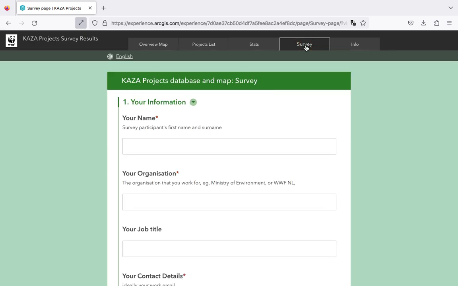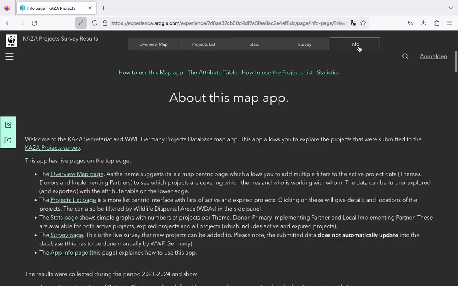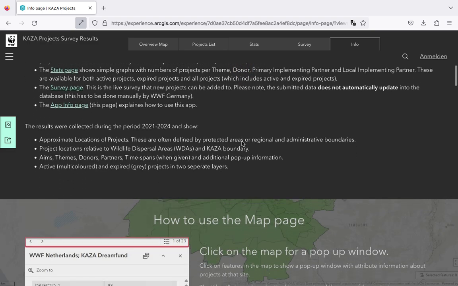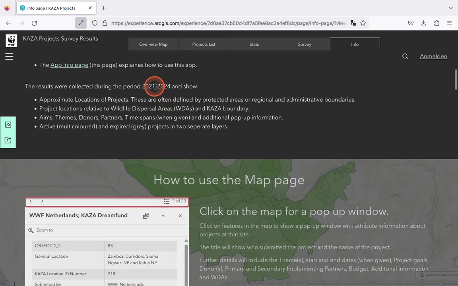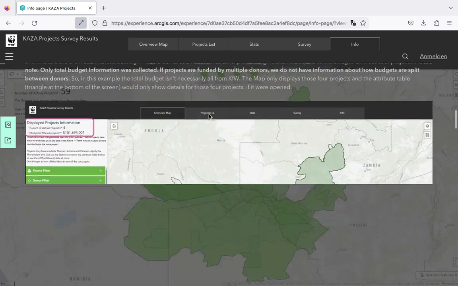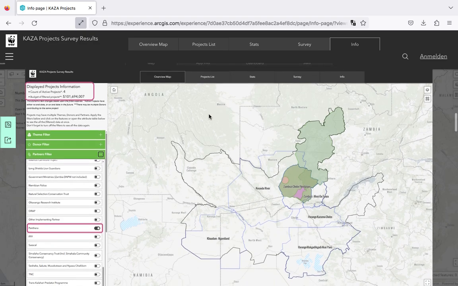We have a link to the survey itself, so that if you need to add new data, you can do so here. And then of course information about the actual app. So this is really everything I've been talking about. It tells you how to use the app, looking at the 5 different pages, tells you about where the data is from, the 21 to 24 survey, how to use the map, clicking on everything,